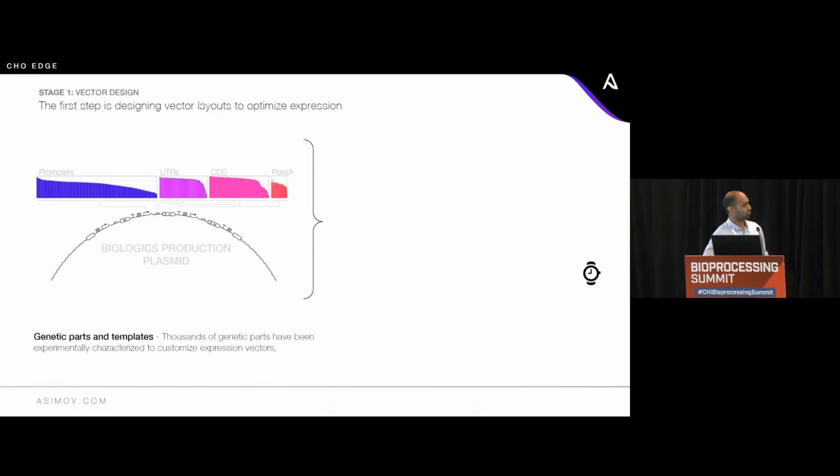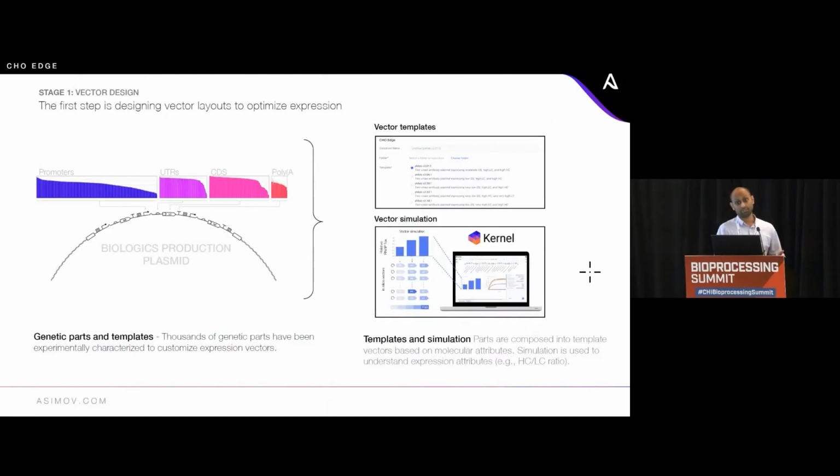And the way we do that is twofold. Number one is we have vector templates that we set based on both human intuition and also based on our previous data. So for example, we'll have a molecule template for a Morrison format bispecific, or for an IgG4 mAb, or for an IgG1, so on and so forth. That's combined with vector simulation, where we can simulate the central dogma of biology, transcription and translation, for any given vector. So what we can understand is things like what's the RNA polymerase flux going through the different transcription units. And this can be used to triage vector design and also sanity check